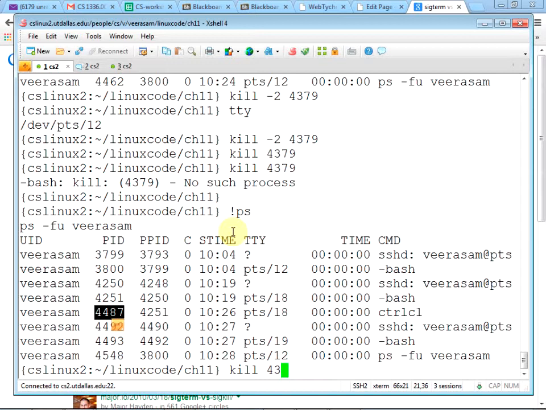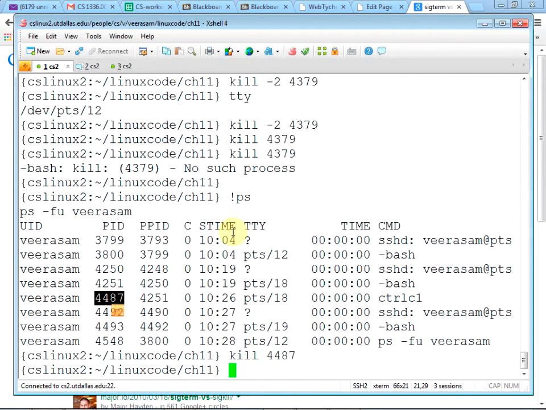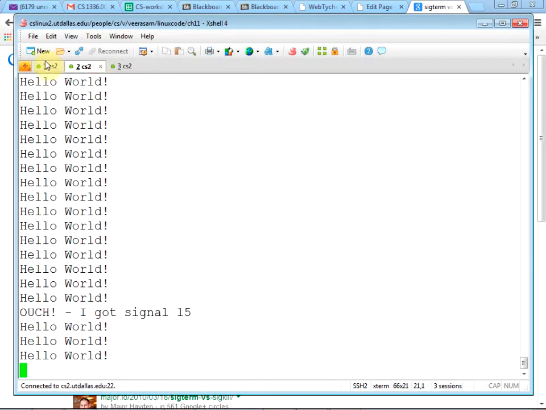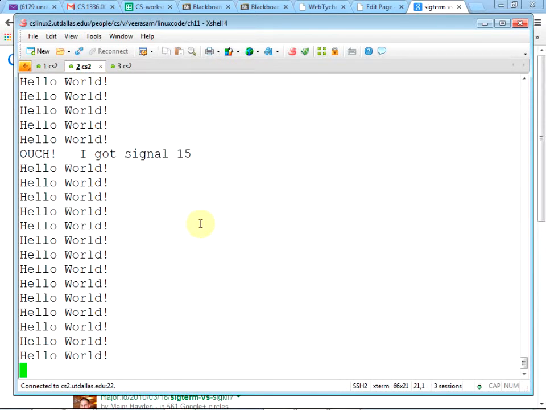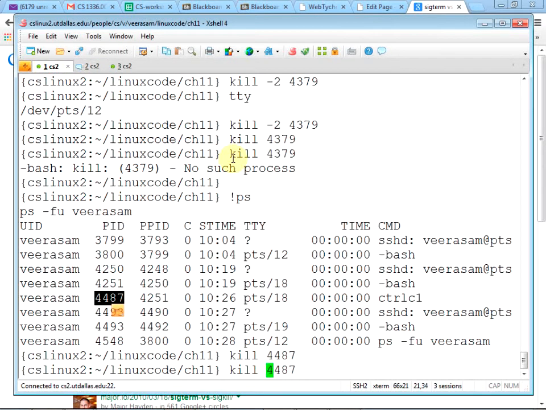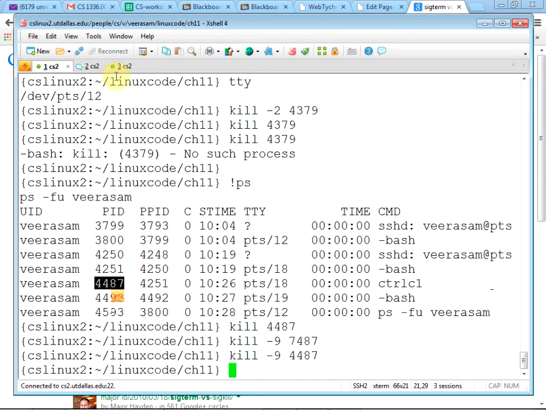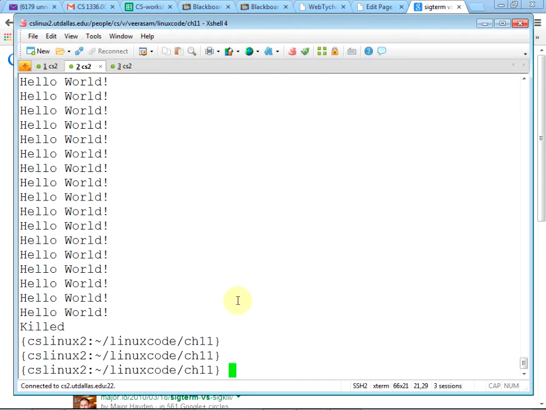So 4487, that's a 15. If you want a sure kill, this is a polite way to end a program, politely asking it. When politeness doesn't work, you go to the next level.